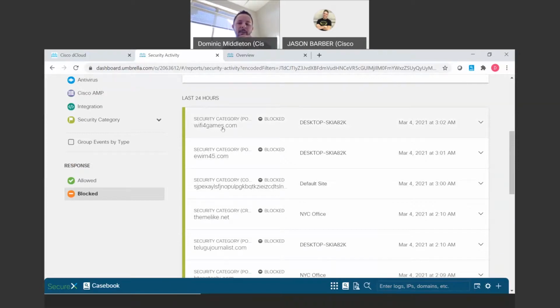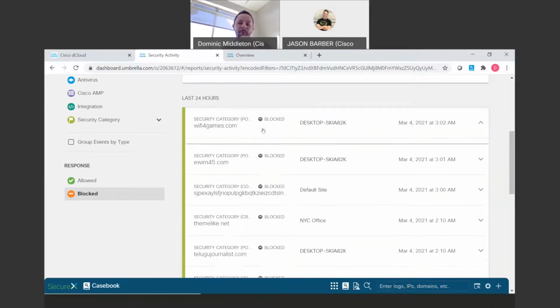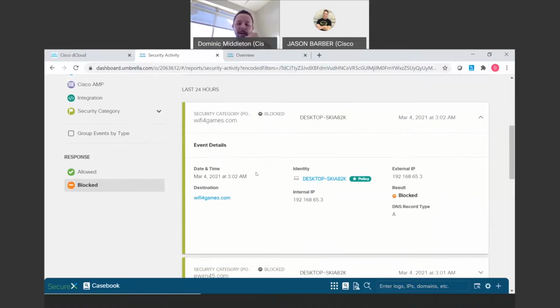Wi-Fi4games.com. Okay, that got blocked. That was blocked by somebody on a desktop. But what's interesting about that is that sounds like a pretty benign website, or could have even been somebody's kid on their work laptop browsing the internet. If you were around during the days of Miniclip, Addicting Games, it's probably the same thing as Wi-Fi4games.com, right? So maybe somebody's kid is on their laptop, going through there, and they open up Wi-Fi4games.com, trying to play a game.